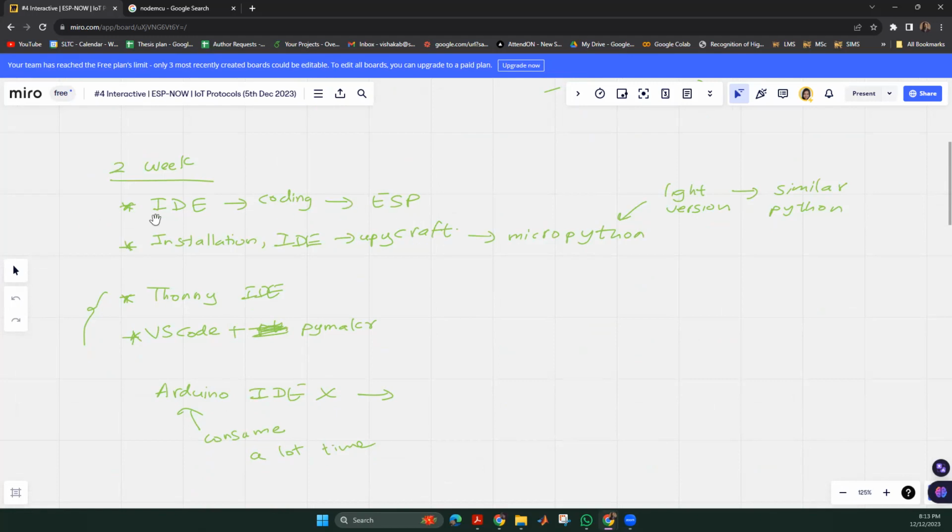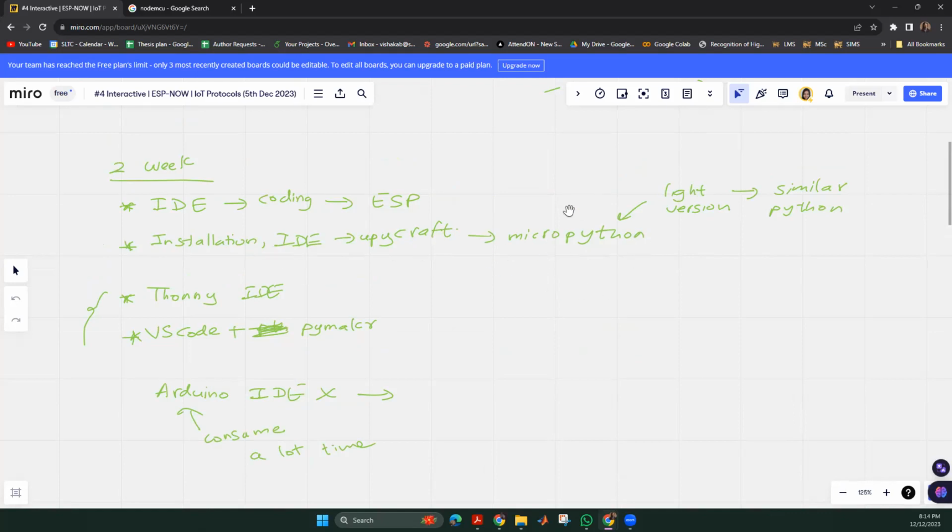So you need to have a certain integrated development environment or IDE, and you need to install that in your computer. So installation part of the IDE UPyCraft we have discussed in the class, right? So you can use UPyCraft, the IDE named UPyCraft, to develop MicroPython based code for some kind of algorithm, right? For developing some kind of algorithm for certain task.